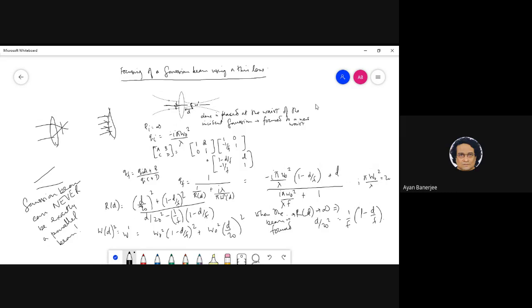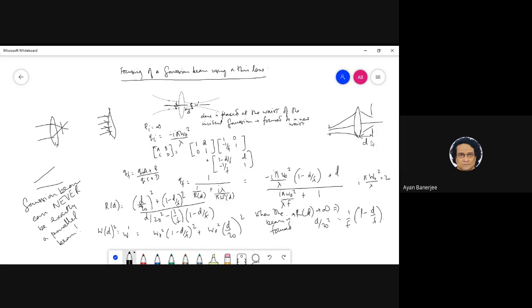So basically, what I was saying is, if it's not a waist, then the analysis will be different. Suppose this were not a waist, suppose this thing were like this. How will you find this out? You start here, find this distance, find the waist, and if you want to find the new waist, you do the same thing again: you go for a D, then find at what waist the wavefront is plane, and from that you find out where this new D is. So we are basically doing away with the concept of this thing completely.